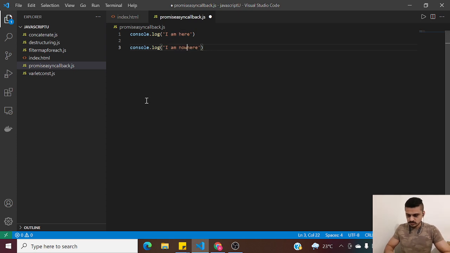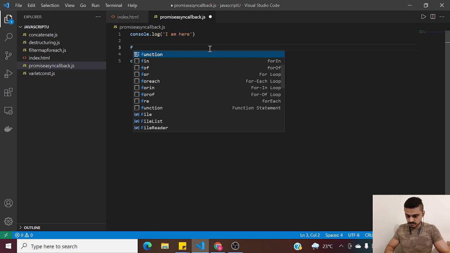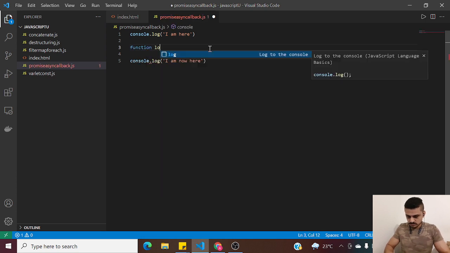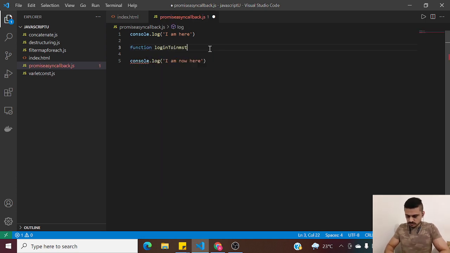What it basically will do is read from line 1, execute it, move to next line, execute it, and it is single threaded. It is a synchronous programming language, single threaded, so it cannot execute multiple statements. Okay, so let's say I have a function over here. Let's name it, let's say I just want to log into my Instagram,